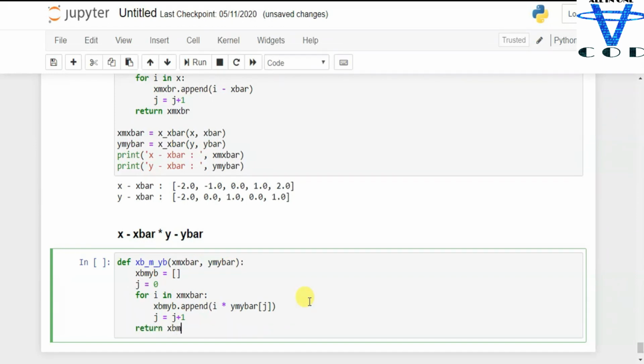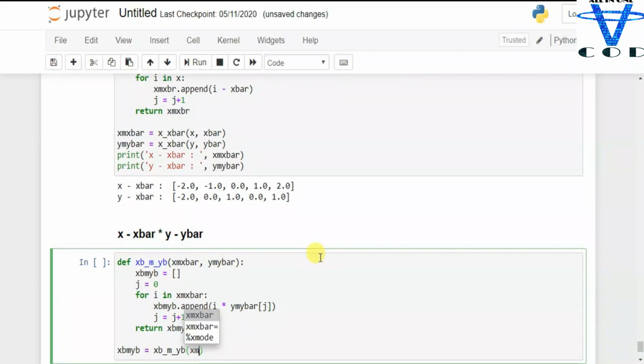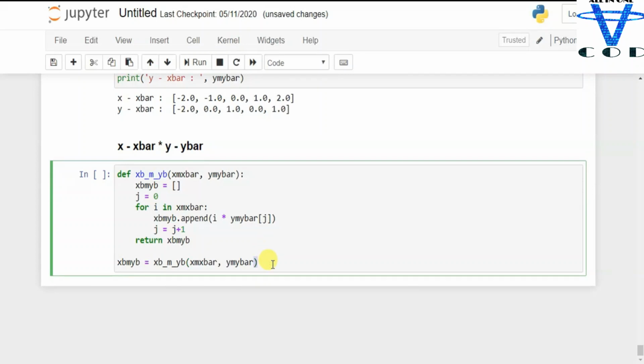Let's say x bar multiplication y bar equal to, and then I'm gonna call this function and pass x minus x bar and y minus y bar, and then I'm gonna simply print the xb myb.